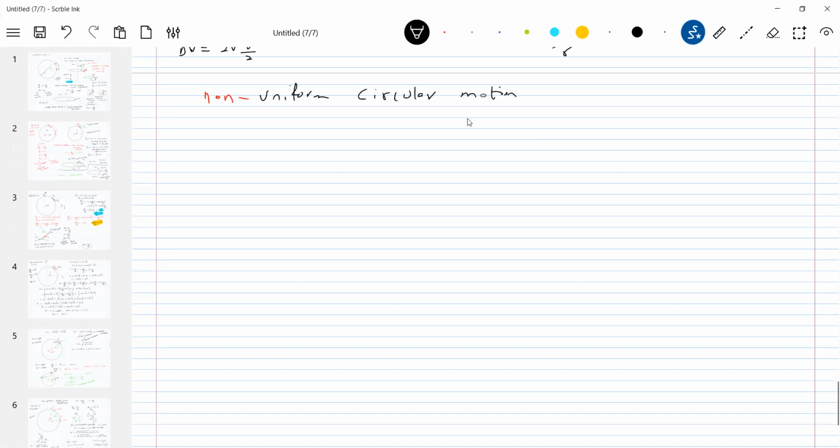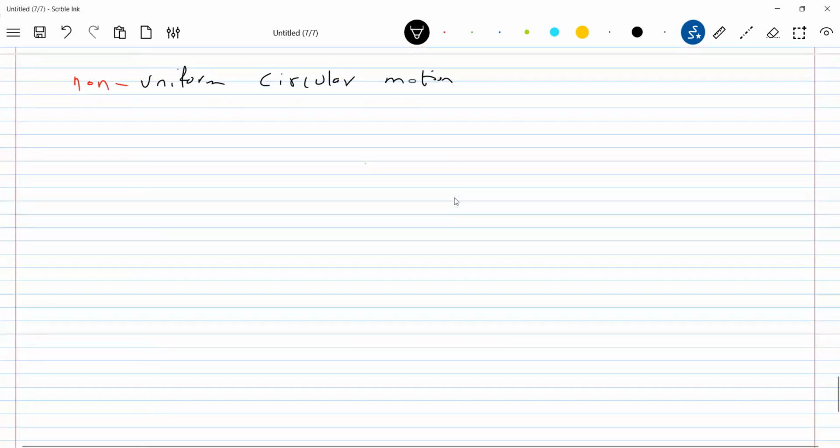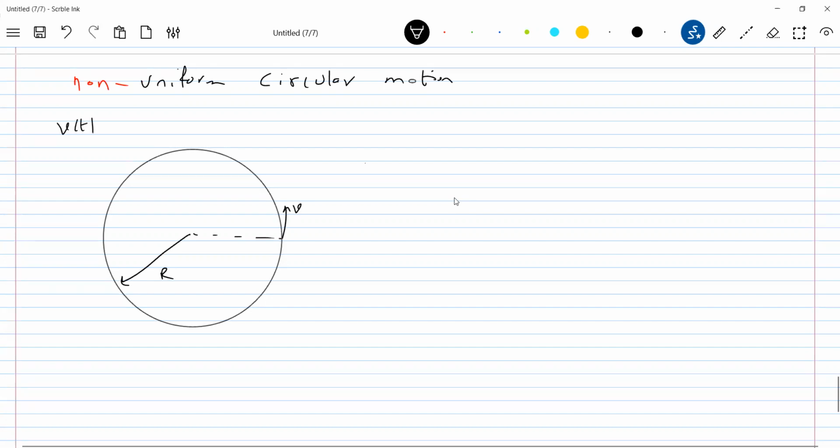So in non-uniform circular motion, earlier we discussed uniform circular motion. Now let me introduce non-uniform circular motion. What will happen to the speed of the particle? It constantly varies. Let me call r, no problem, r means it's constant. The speed of the particle varies, then v of t, I'll write it. Velocity, you can see, is varying, speed is varying. Then what about the accelerations? It is going to have two accelerations: one centripetal, another tangential. So what is the tangential? Tangential is purely due to